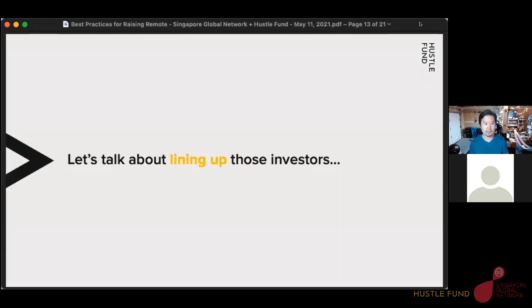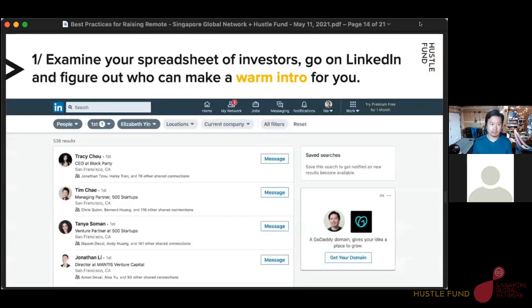Okay, let's talk about how you go about figuring out who these investors are. There are a lot of really great databases out there for finding angels and other VCs. There's AngelList, which is like the OG of, I guess, investor lists. I really like NFX Signal. Crunchbase is pretty good. And then going straight up to LinkedIn and seeing who seems to be rich works.